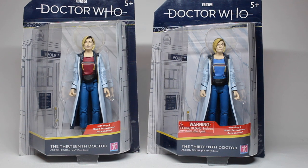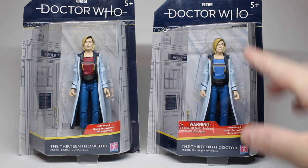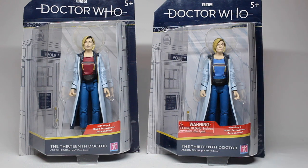So, again, if people are that fussed about not getting the blue shirt, unless you're really desperate for the official figure, then you can just repaint the shirt yourself. And if you're really that desperate for the official figure, then you pay the import costs. That's how it is. It's a nice exclusive, don't get me wrong, and I certainly do like the blue-shirted variant, the resolution variant, but